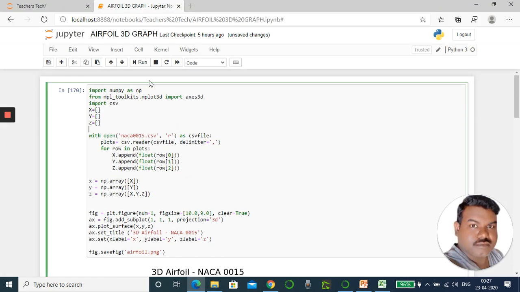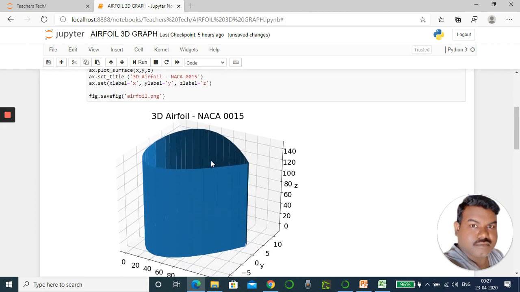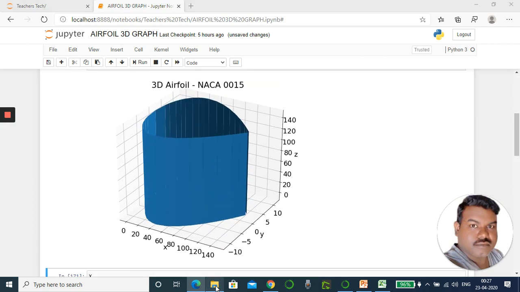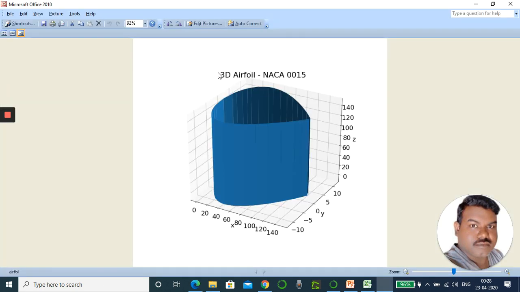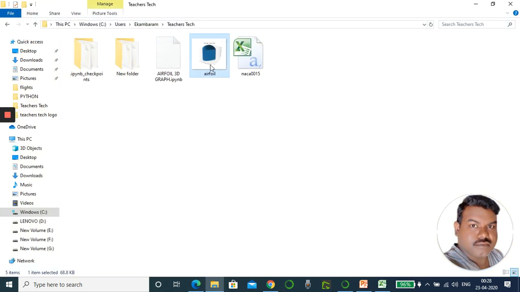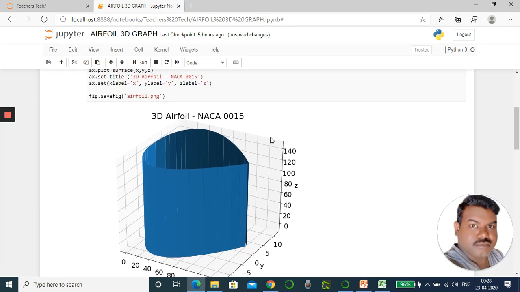Let me run here again. Now you can see the file is available, in PNG format. Now you can insert this file in your Word document or any report generation.